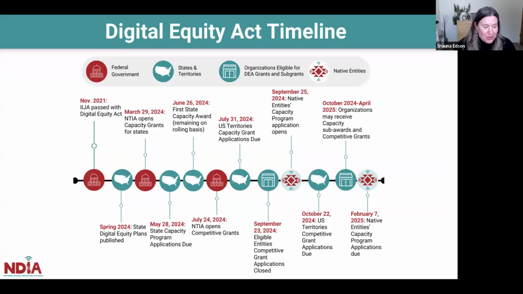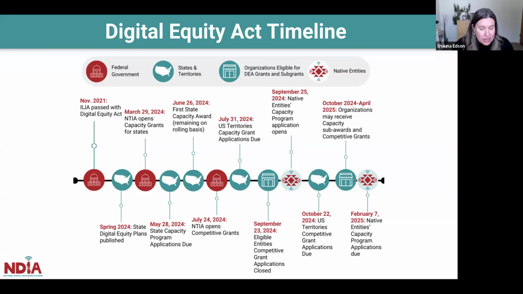Okay. Hi, everyone. I'm going to talk about some policy that is really relevant to digital equity and may impact the work that you see happening in the next couple of years around digital equity. So I'm going to start out by talking about the Digital Equity Act, or the DEA. The DEA was authorized by the Infrastructure Investment and Jobs Act of 2021. And within the DEA, there are 3 buckets of funding: the planning grant, the capacity grant, and the competitive grant programs.